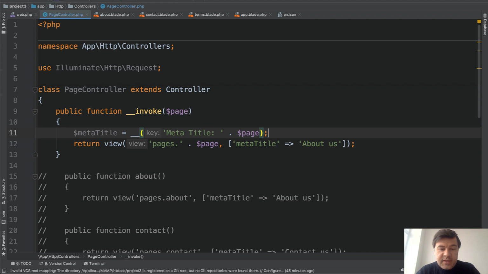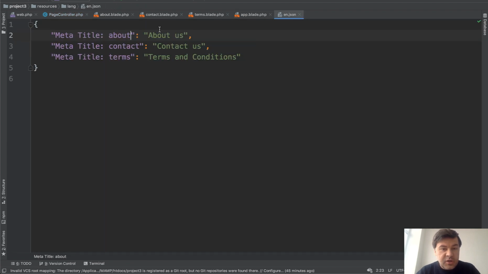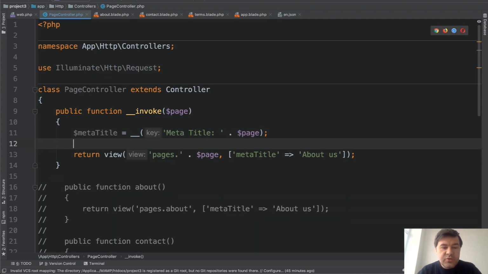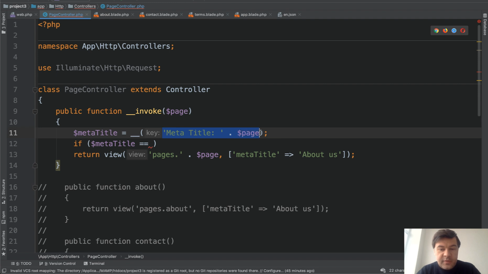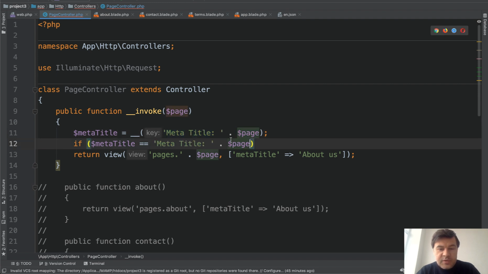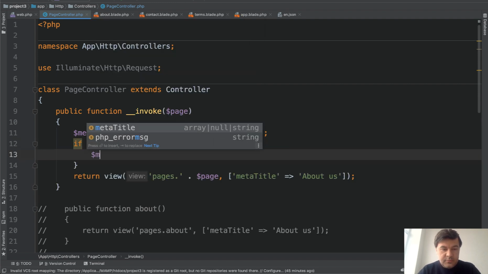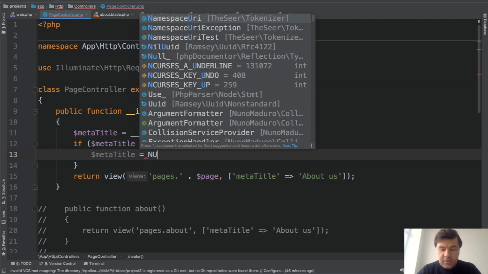And the way it works is it will find a translation here, but if it doesn't find anything, then it will return the same string. So we need to check if meta title equals the same thing, then we set that to null. Meta title will be null,